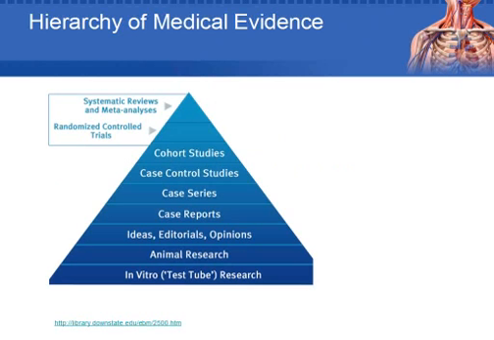Before beginning, I think it's important to look at this hierarchy of medical evidence. When we're thinking of what interventions we should be placing as a high priority for implementation in our facilities, I believe that we should be looking at the extent of evidence to support that intervention and be very aggressive about implementing evidence-based recommendations. If we look at this pyramid of medical evidence, starting at the bottom we have in vitro